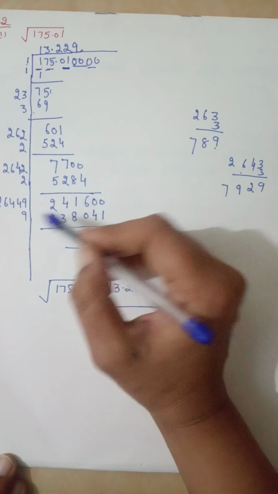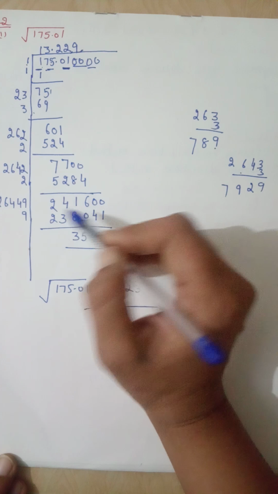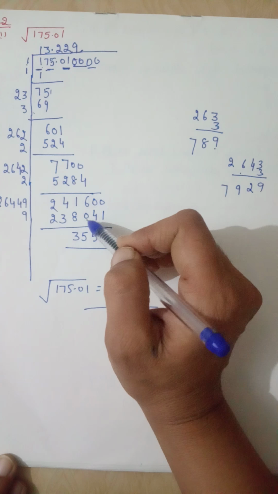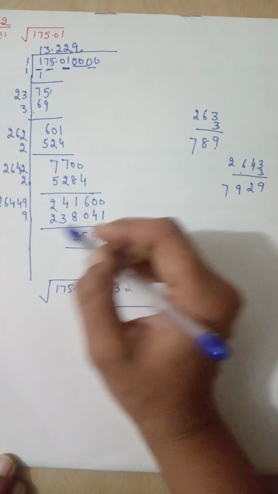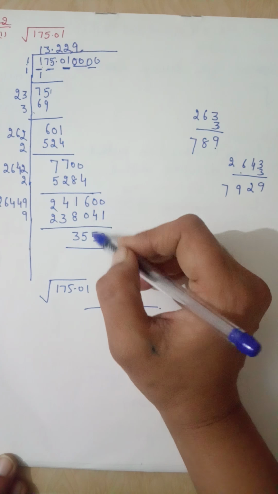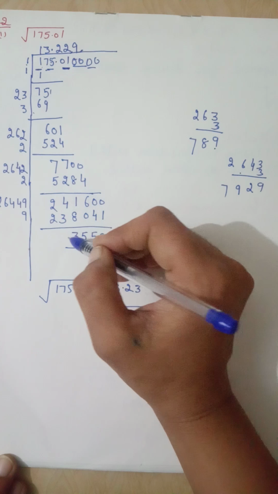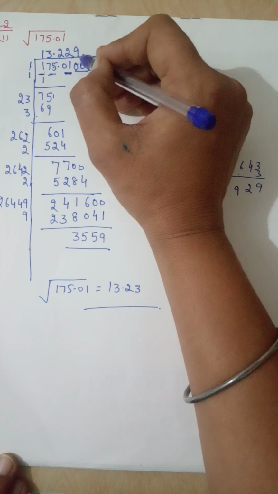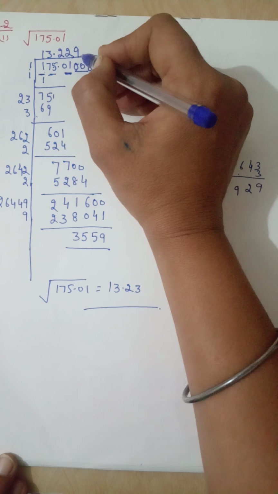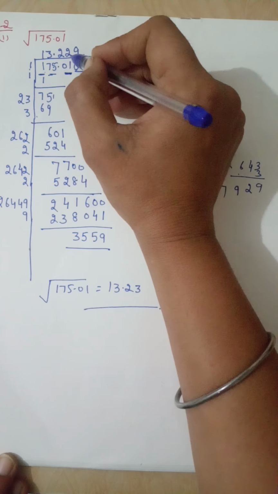9 9s are 81, 9 4s are 36 plus 8 is 44, 9 4s are 36 plus 4 is 40, 9 6s are 54 plus 4 is 58, 9 2s are 18 plus 5 is 23. Now 10 minus 1 is 9, 9 minus 4 is 5, 11 minus 5, 8, 3. Now this is 9. Now we can see here the third digit is 9. It is more than 5, so we will write here 3.